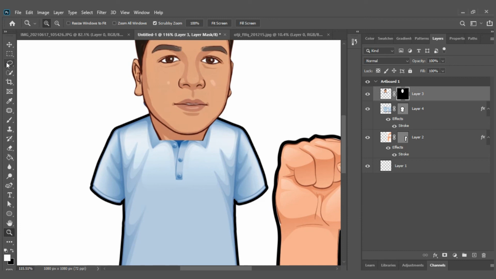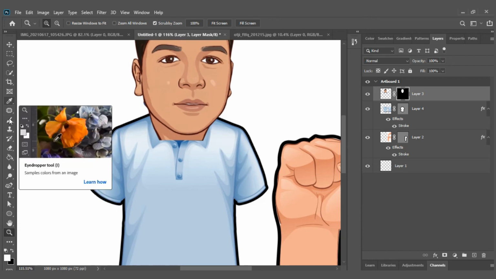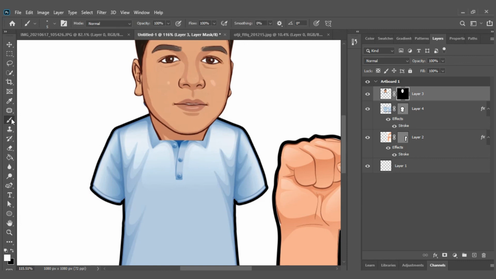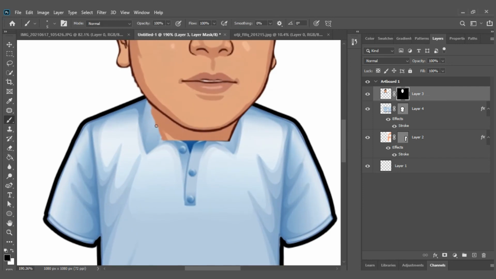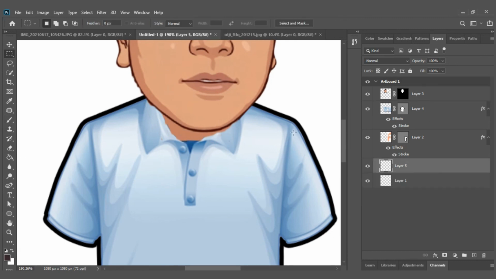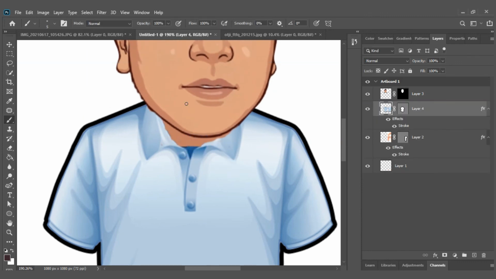So I will be using masking and brush tool. So select the mask layer and keep the brush color as black and erase the places that we don't want. And then use the brush tool to fill the regions where you need by sampling the skin color.